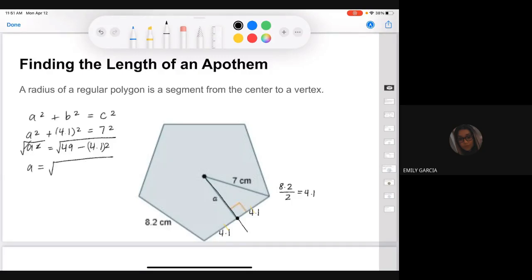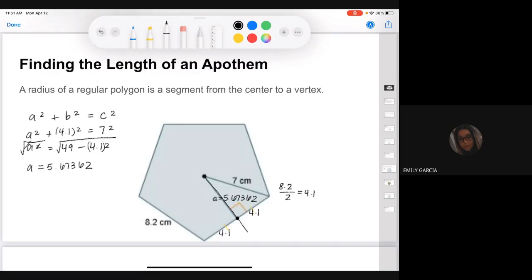and I can plug this in. Give me 1 second. Plug it into my calculator. Okay. So a is equal to approximately 5.6736. Okay, so that is my a. This equals to